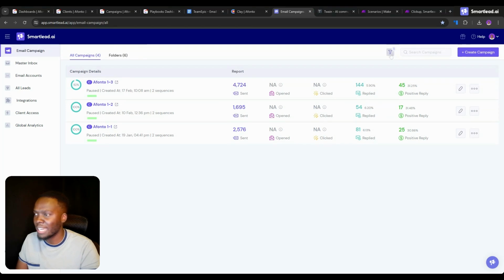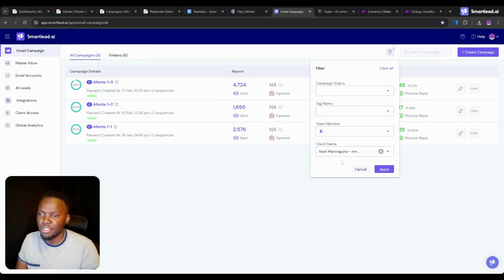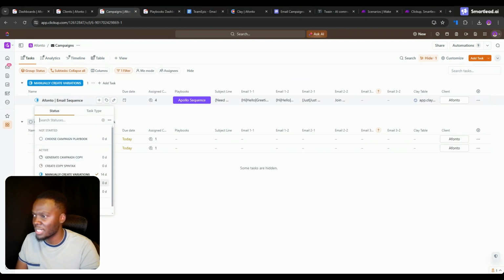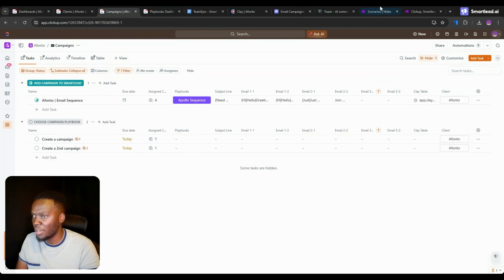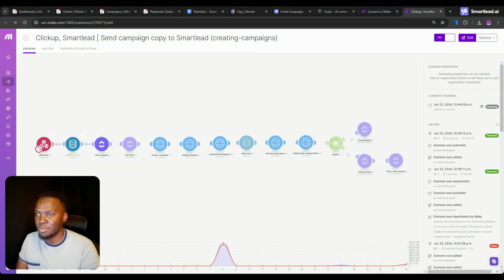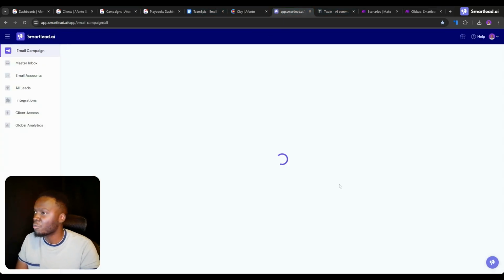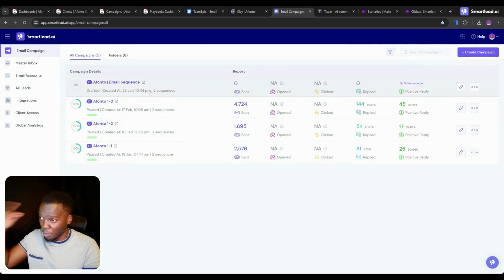got 3 active campaigns that you can look at, and this is filtered by myself, right? And what we're going to be doing is, in just a split second, we're going to be creating a brand new campaign inside Smartlead, leveraging this automation right here. So this is running, it's creating the campaign, updating the schedule, creating the sequence, updating all of the lead categories, everything automatically for us. And when we come back over here, refresh the page, we're going to have a brand